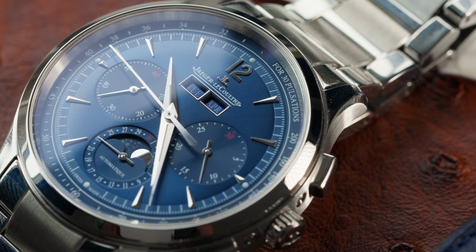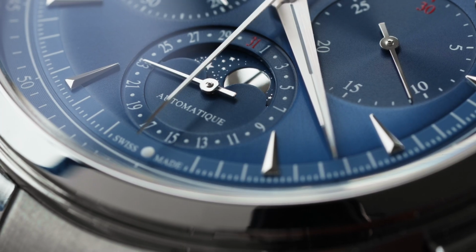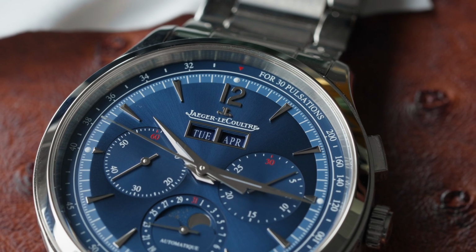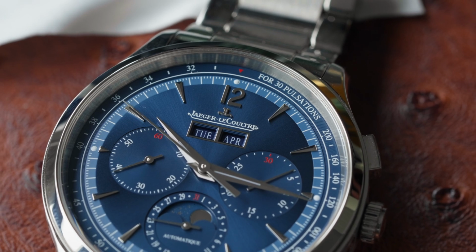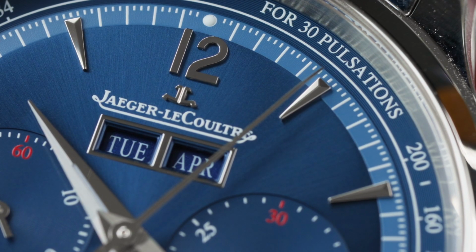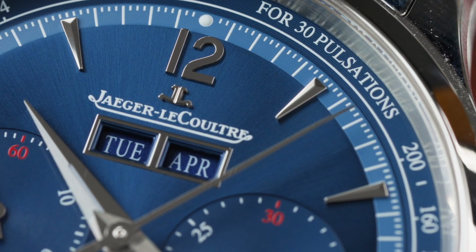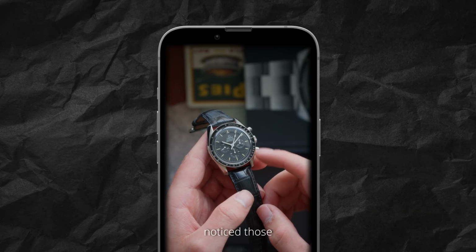It has a pulsometer on the outer track, red details on the subdials, a beautifully finished moon phase, and of course a day, date and month indicator. I really like the pulsometer personally. I think it's a very nice tribute to the pulsometers that we've seen from the likes of JLC, Vacheron and Rolex in the past. I feel it also sets it apart from the multitude of racing inspired chronographs that we